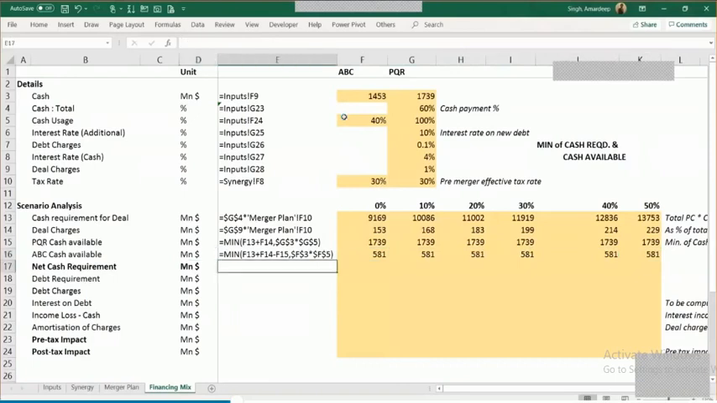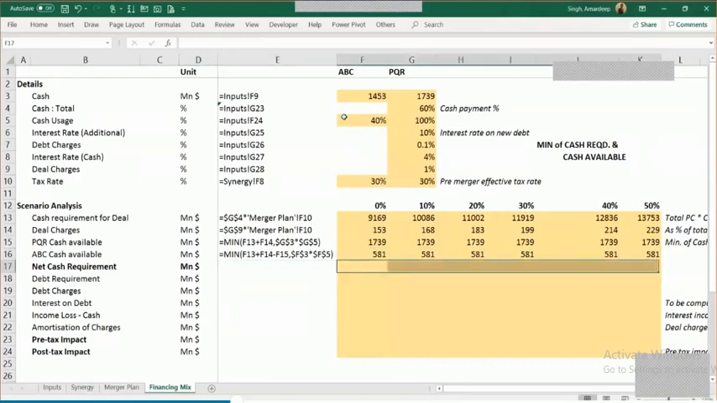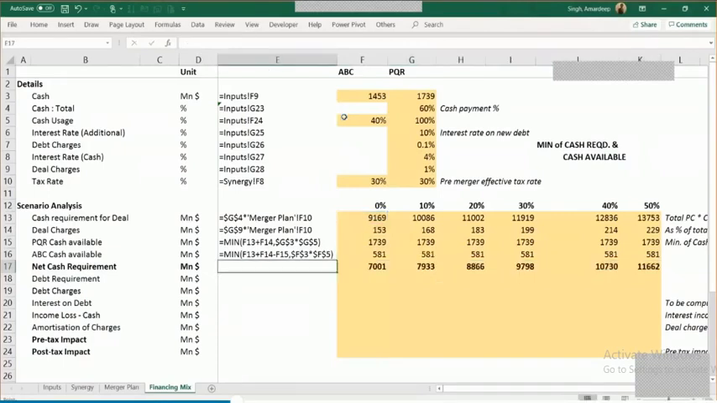So eventually, even after you use the cash, you still have the funding requirement. If you do the delta, like 9100 plus 150 minus 1700 minus 581, that gives you a net cash requirement, that you still require a cash of $7 billion. This is your net cash requirement,